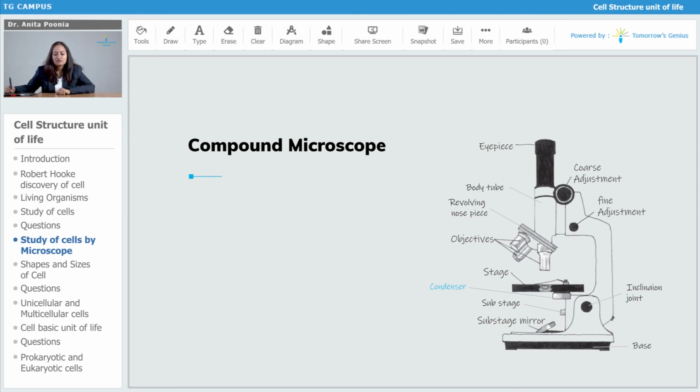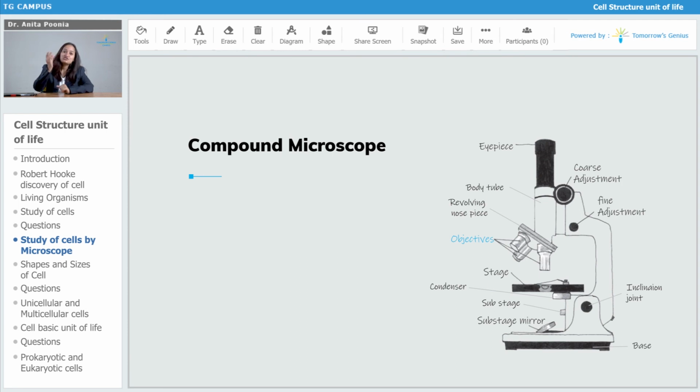Then apart from that, what does the base do? The base just supports the entire microscope. It's a base, right? So it supports the entire microscope. Then what does your objective lens do? The objective lens is the complex part of the microscope. It has got different lenses.